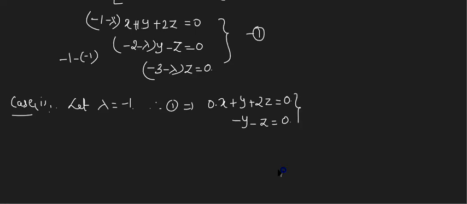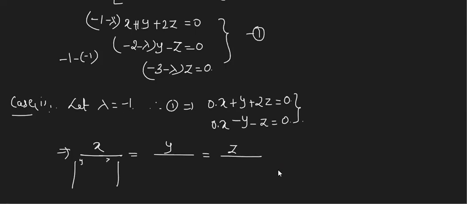Okay. So now this we are going to solve by one method called the cross multiplication method. Tell me what is the coefficient of x here for the second equation? Is also 0. Correct. Now see how to write a cross multiplication method. Write x divided by, equal, y divided by, equal to z divided by. Now for x, you have to write below this the coefficients of y and then z.